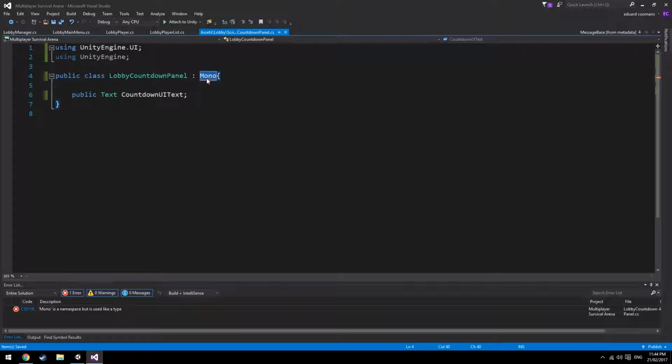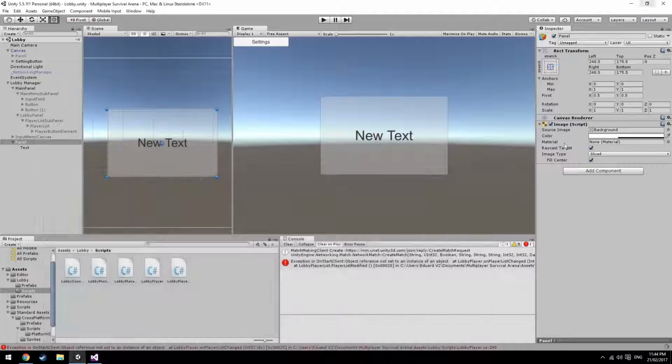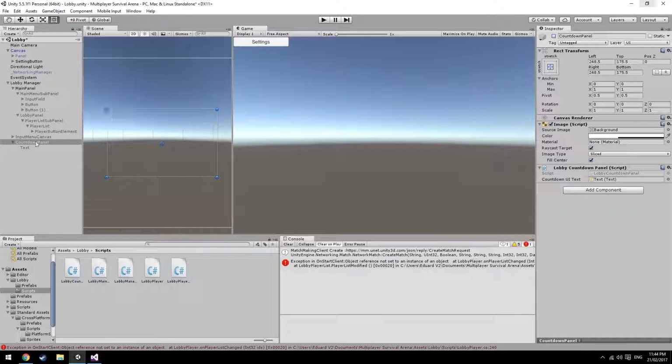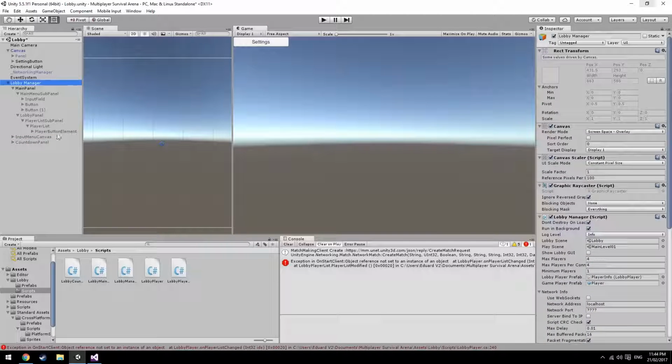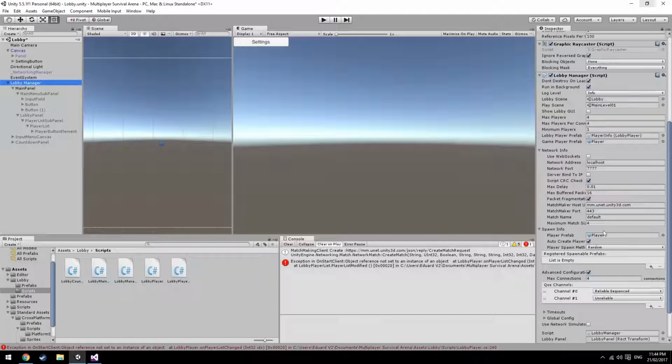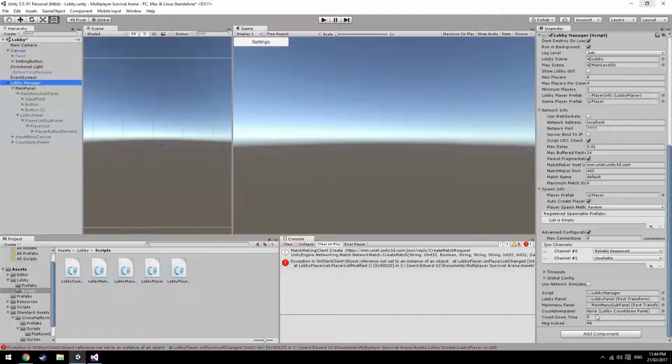Using mono behavior, so we can show it here, drag it onto our panel, and drag the text element here, and rename this countdown panel, and close that. Go to our lobby system, add the countdown panel down here,